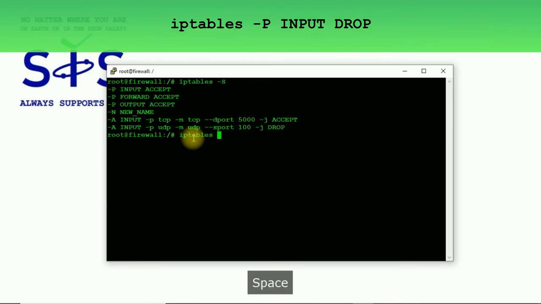Typing iptables, next dash capital P option, and next we need to specify the name of the chain.